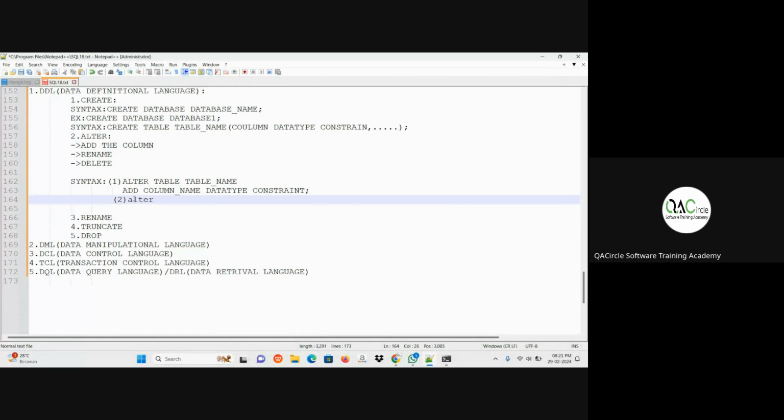Alter: you should first mention which you are altering, the table, and then the table name.